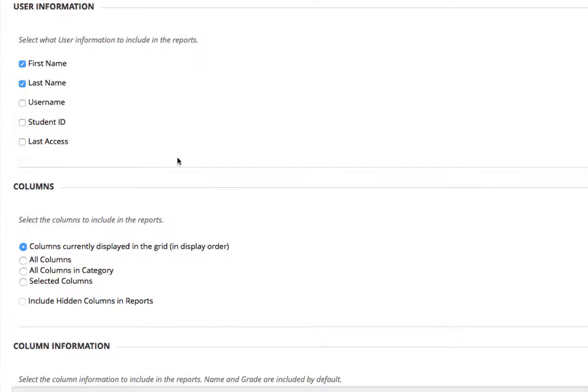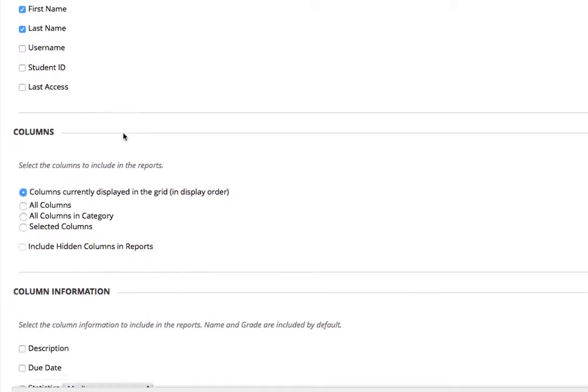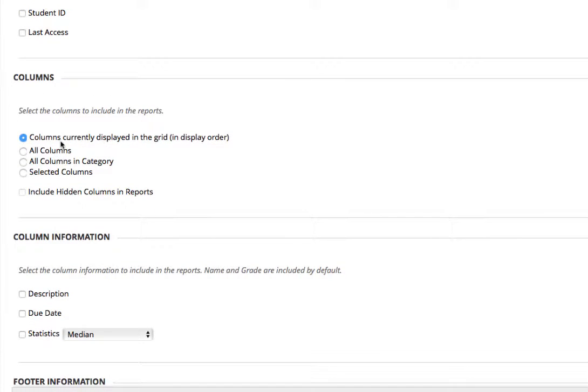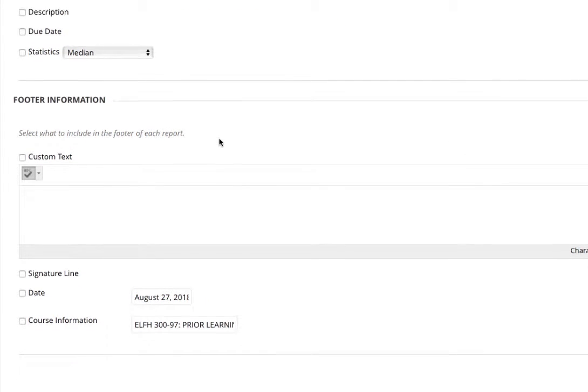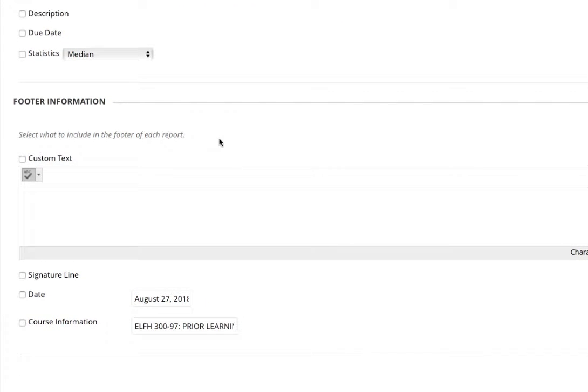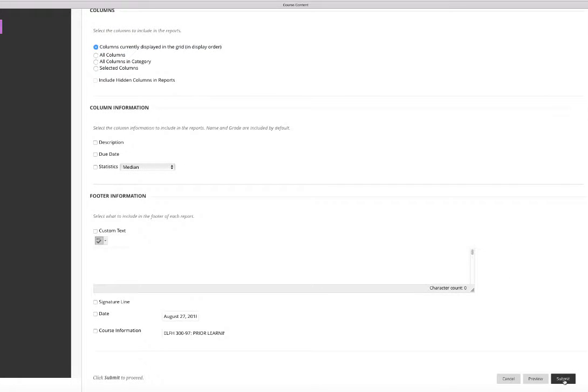The default is it gives their first name and last name. You can select some of the other options here. Normally I want to keep selected columns currently displayed in the grid. In other words, what we just previously looked at. And so I really don't change that much information at all. So now what's going to happen is when you click submit,